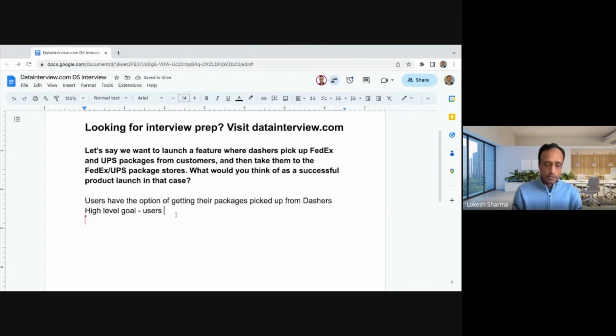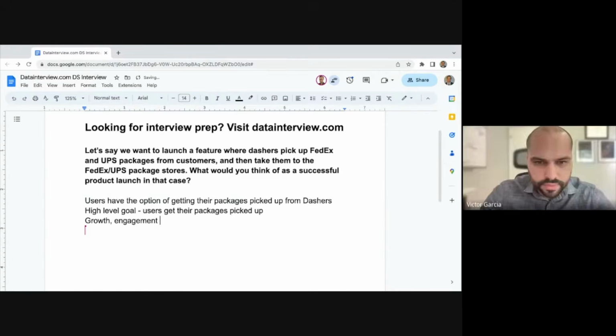Now, I will look at three buckets for product success. High level, the three buckets will be the growth of the users, the engagement, and then finally the monetization.